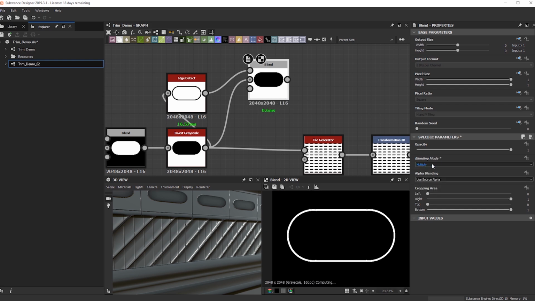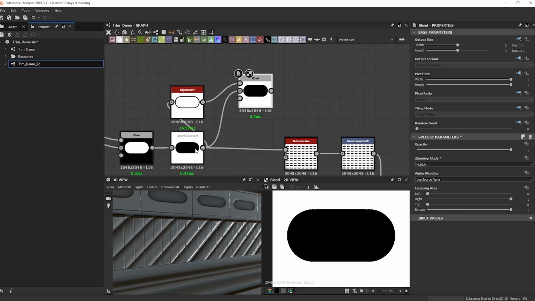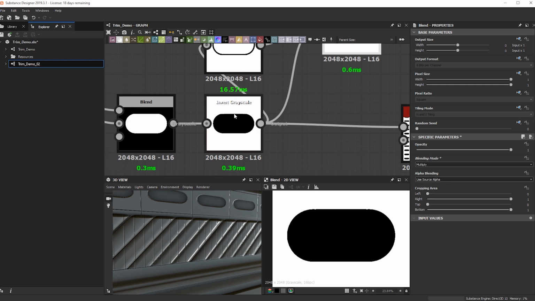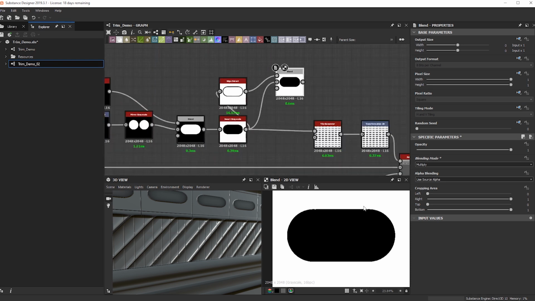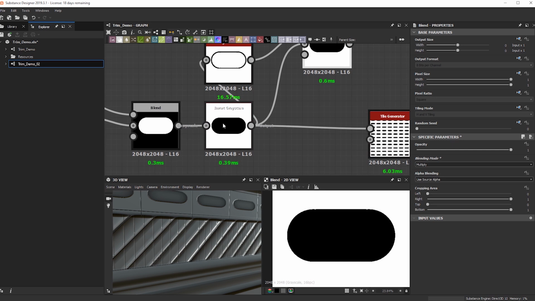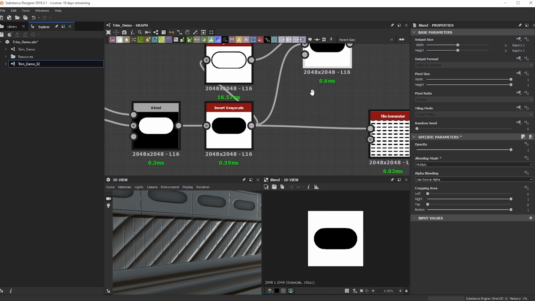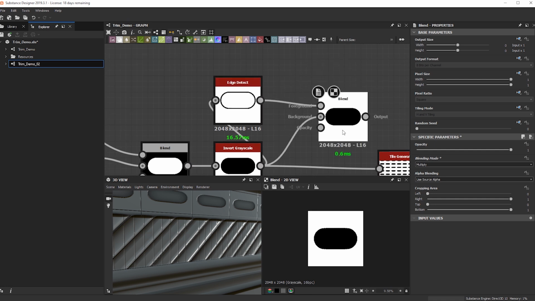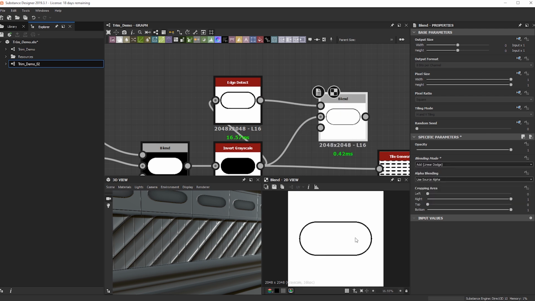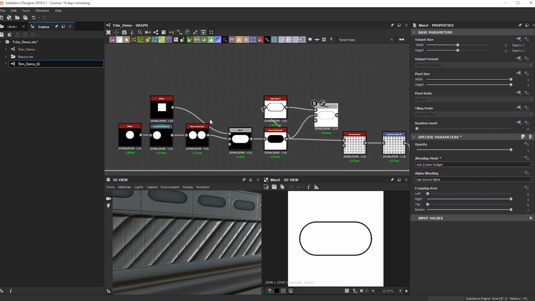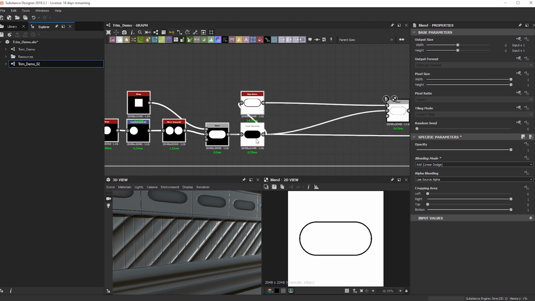So I noticed that the white value on here, the way this node is set up, the white is at the peak. So no matter what, we're not going to be able to add this kind of lip on it, because if we do an add, it can't find it, because it's on the highest peak of the white value.